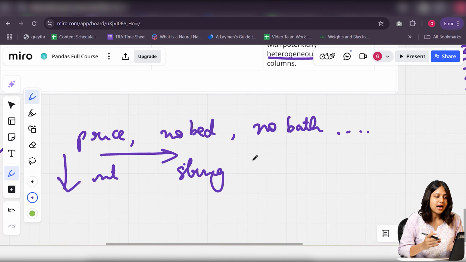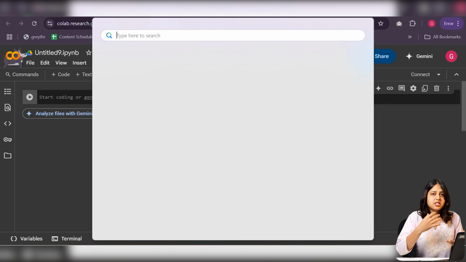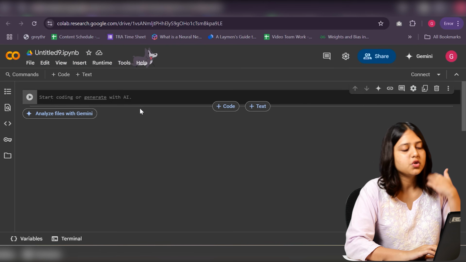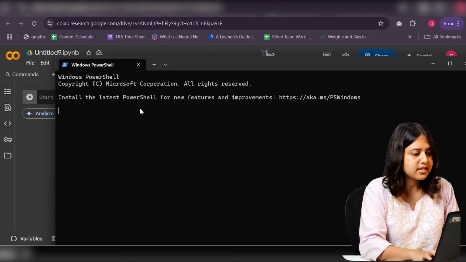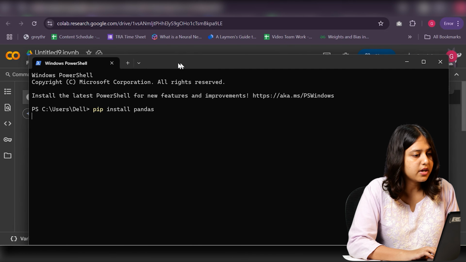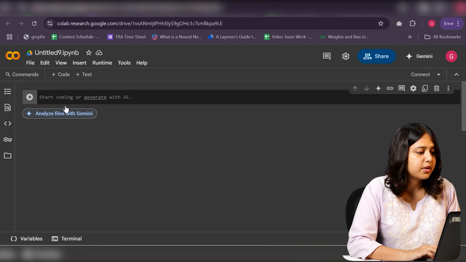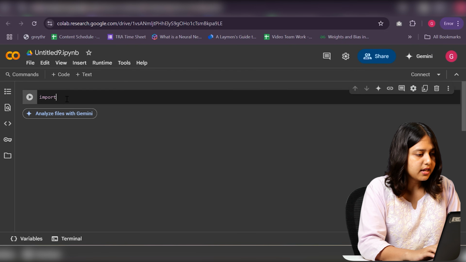So let's go ahead and look at the implementation in our notebook. But before we do that, I hope you guys remember you are supposed to install pandas using the pip install command. Let me just show you quickly. You can go to your terminal or any command prompt, and all you have to do is type pip install pandas. When you run it, a few lines of output will run, and finally you're going to get "requirement already satisfied", and then after that you can proceed with importing